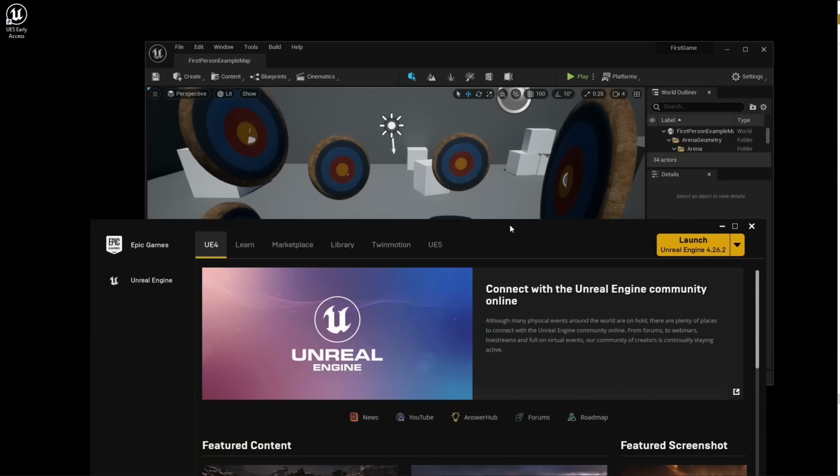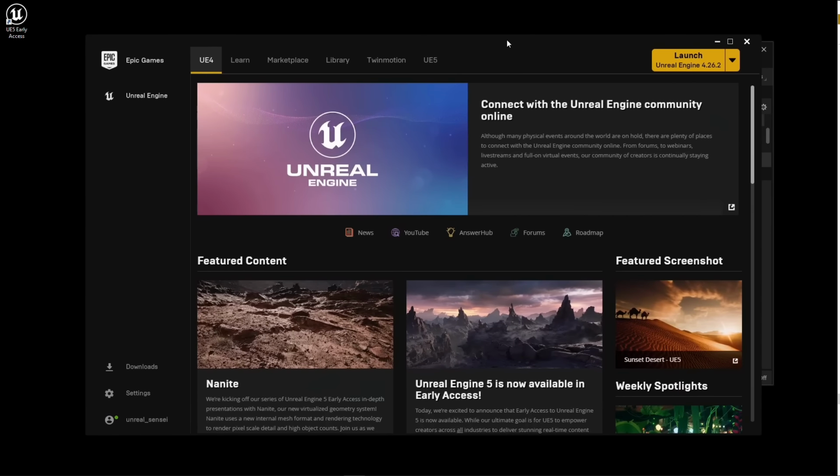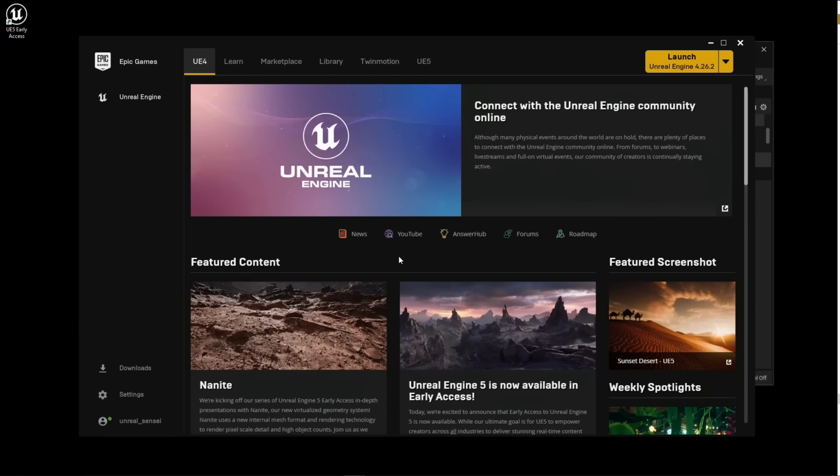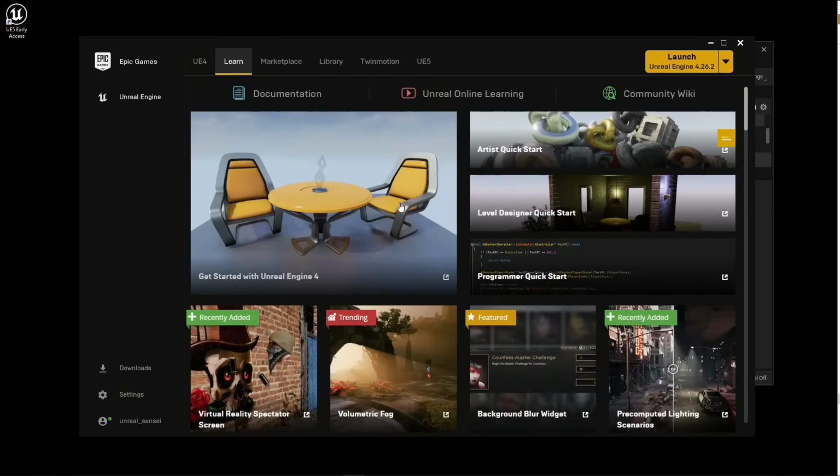That's how we actually have a nice environment to play from. But unfortunately, a lot of these environments are still in Unreal Engine 4. So we're going to go over how we can take an Unreal Engine 4 project and update it to Unreal Engine 5. So if I want to come into the Learn tab, I want to scroll all the way down here,